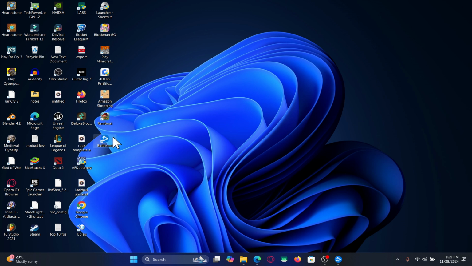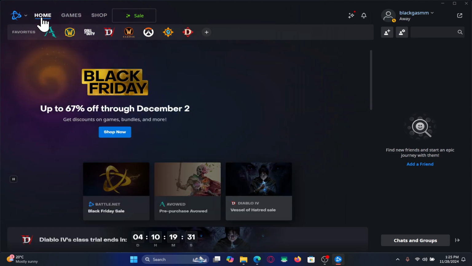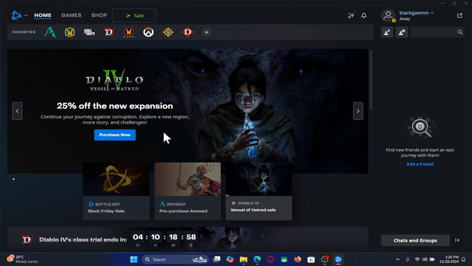First of all, open up the battle.net application on your device, and once you open it up, make sure that you are logged in if you haven't done so already using your email address and your password. After logging in, you will be taken into the home page, from which you can directly start exploring and playing various different games. Now, if you wish to change your username or your gamer tag within your Hearthstone game, then